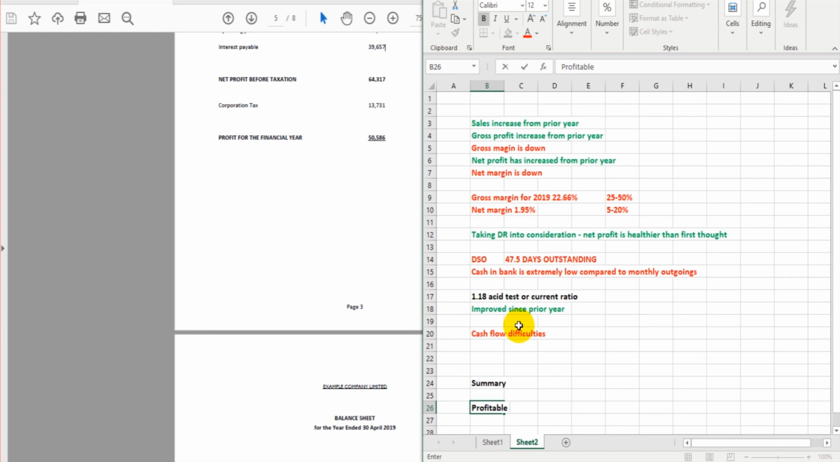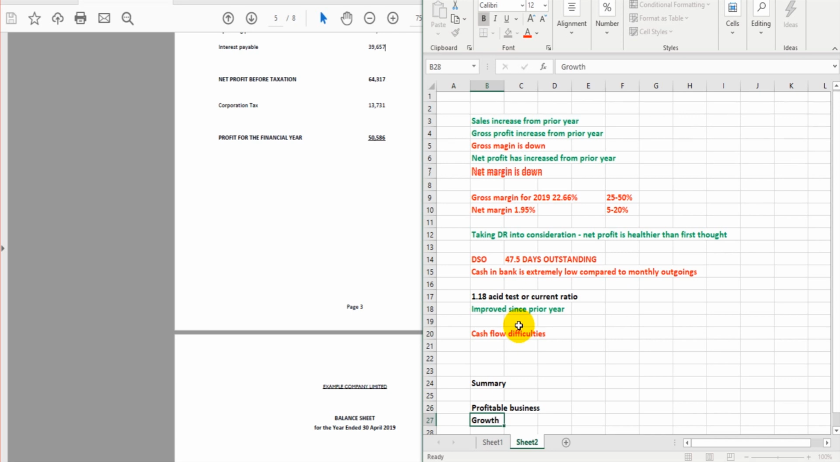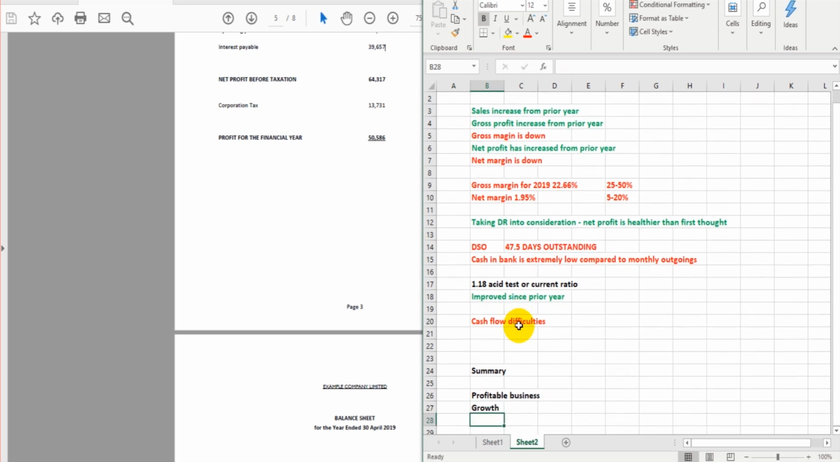So we have a profitable business that is showing good signs of growth, especially when you look at the sales figure and the profit figures. Things are really moving in the right direction. But what we do have is a company that has experienced cash flow difficulties, and I would say needs an immediate injection of cash,